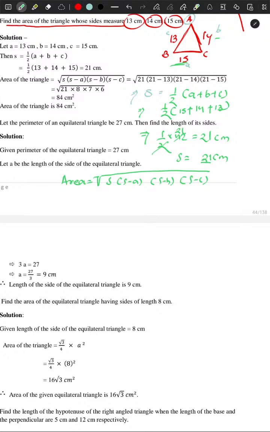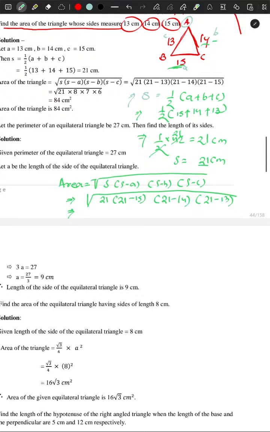Here s is 21, a is 15, b is 14, c is 13, whole root. And according to the BODMAS rule,